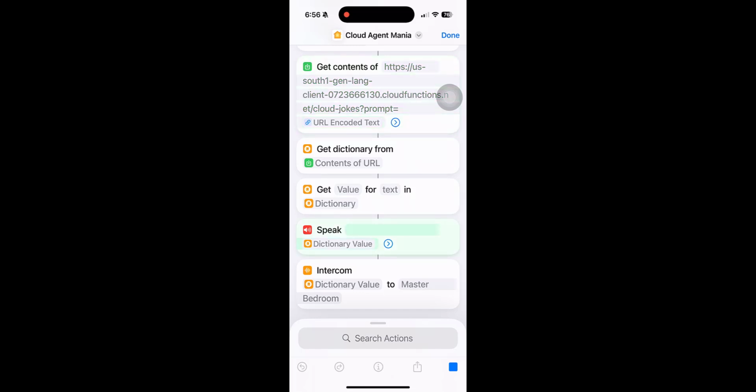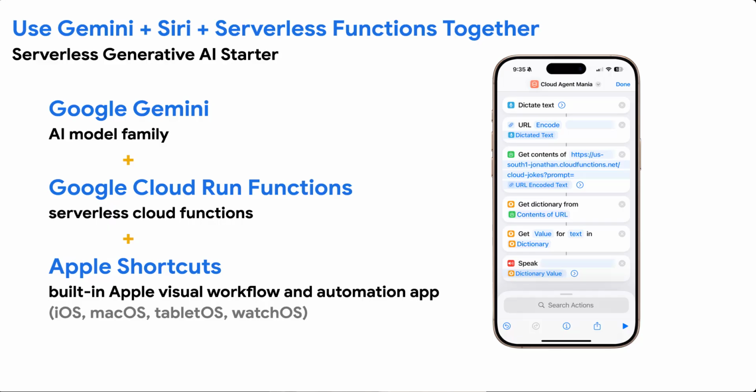Sure, here is a joke about tires. Why did the bicycle fall over? Because it was too tired. All right, here are a few more tire-related jokes to keep you rolling. Why did the spare tire go to therapy? It had issues with feeling left out. What's a tire's favorite type of music? Rhythm and blues. All right,